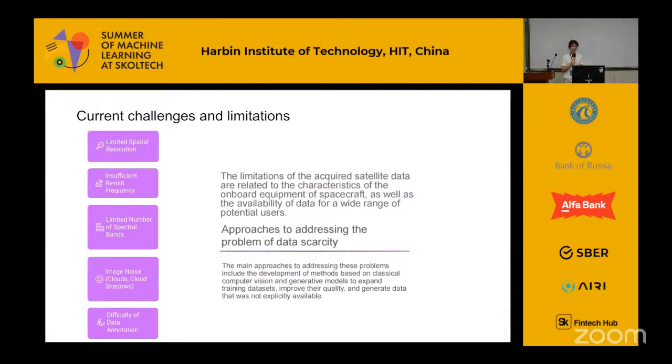The next challenge is image noise that usually occurs when we work with satellite data. It means that we can observe clouds, cloud shadows, snow, and we need to eliminate such pixels for further image analysis. And also, another problem is the difficulty of data annotation because to collect a specific dataset, we usually need to conduct ground-based measurements, for instance, to identify the forest types. And in this case, it is really expensive and time-consuming to conduct such studies, such observations, and collect